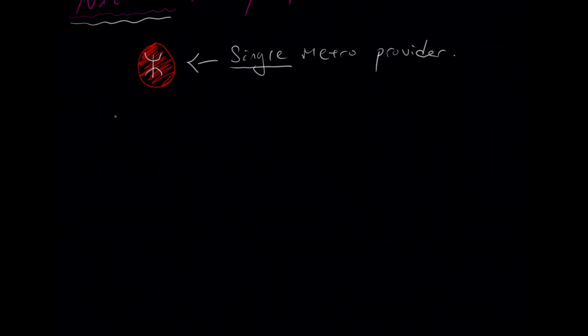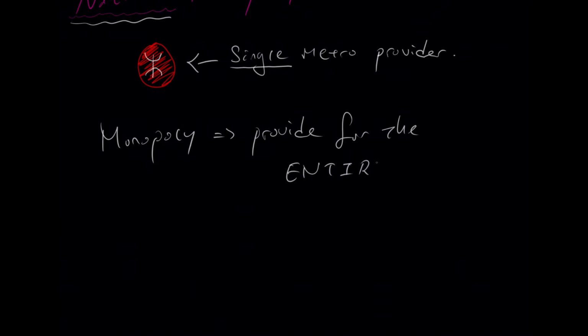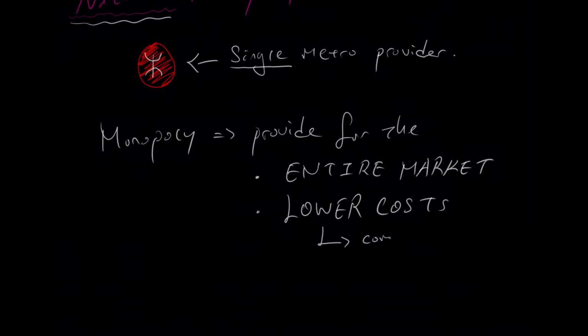Well, a natural monopoly is a monopoly that can provide for the entire market and with lower costs compared with more companies. So we can say lower cost compared with two or more firms in the market. And the MTR is a good example because